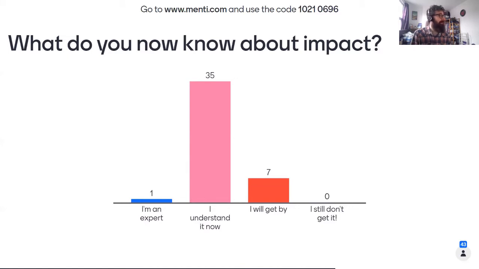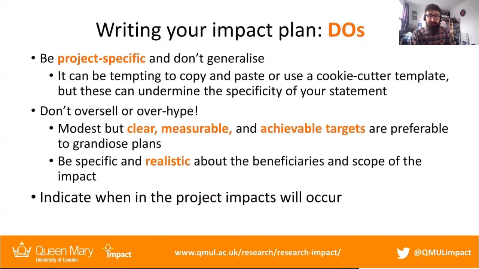Okay, so we're talking about the impact plan, the impact journey, impact activities. These are all components and, in a way, jargon, I suppose, but how do you go about writing that impact plan? These are actual ways, approaches you should go about writing, the do's and don'ts, basically, based on having seen a lot of people write about impact. There's some people that think they know what they're doing, but not necessarily. So it's always good to try and get a read on this if you can.